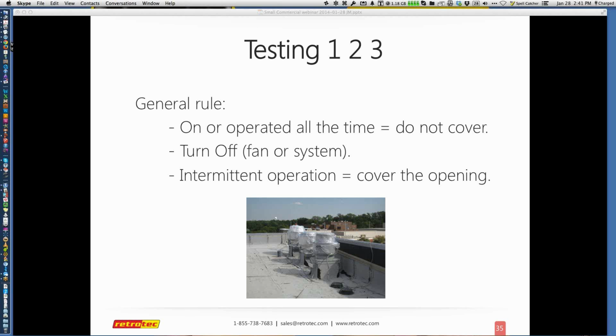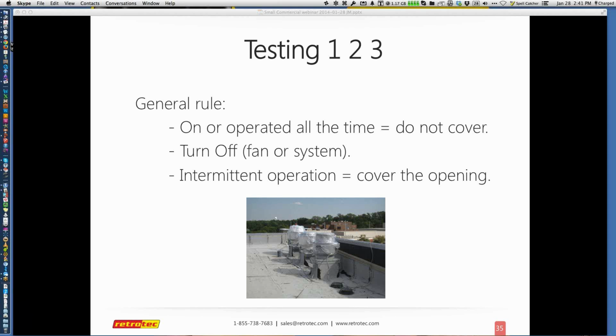Well, there are two reasons why we would test. One is to test the performance of the air barrier. In cases like that, we want to cover up all the intentional openings and seal all the exhaust fans and so on, so we can measure the air barrier. The other reason would be to test the building in its normal condition to see how it's going to respond to its environment. And there, we're more interested in how the building performs,